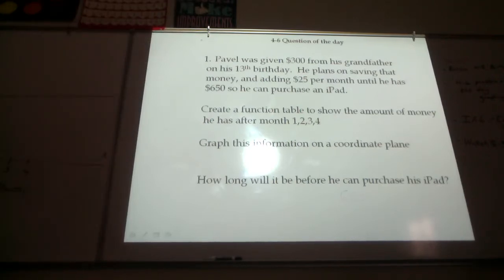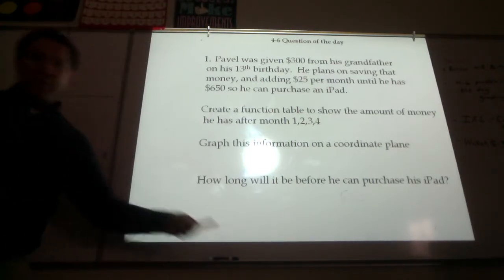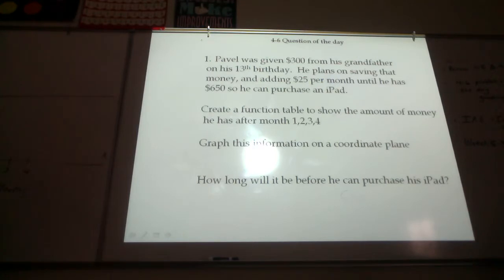All right. Tomorrow we will be taking our benchmark on 4-6. And we're going to continue to work on writing functions. We're going to continue to work on graphing those functions. Really, all 4-6 is talks about a specific type of function. And as you went through and graphed your information,